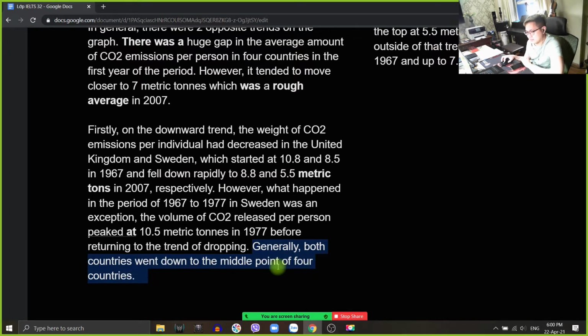But if you mention like this, it's unclear which middle point you are talking about. Nếu mà Long ghi như vậy thì người ta sẽ không hiểu rõ được là cái middle point nó là cái gì. Tại nó ở rất là xa cái rough average ở đây rồi. It's very far from here, the rough average. If you mention it here, people would have a hard time understanding that it's the rough average you are talking about. So,